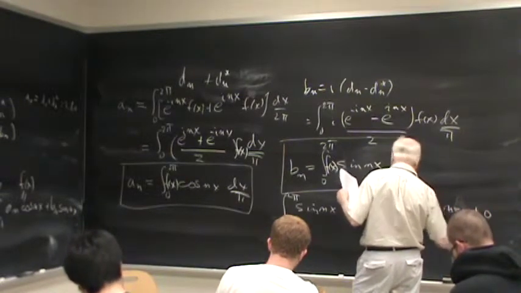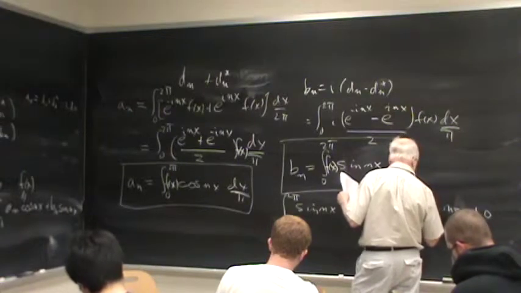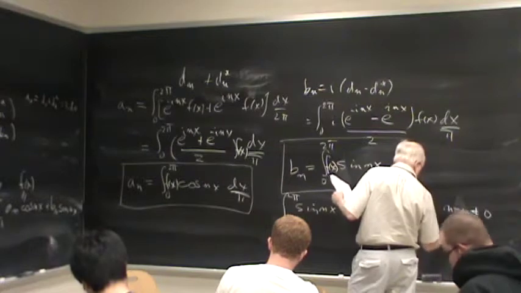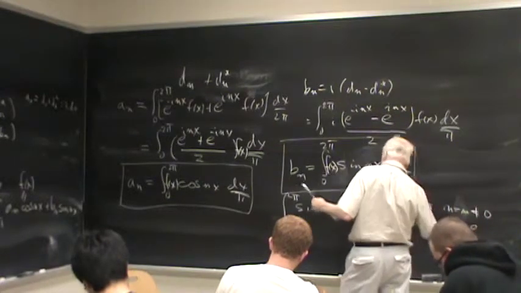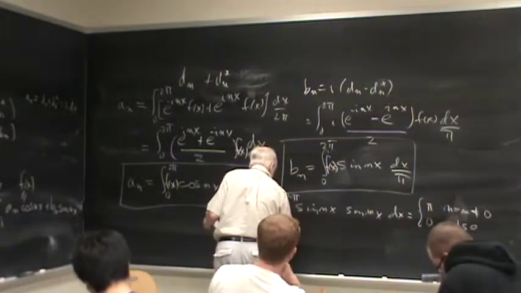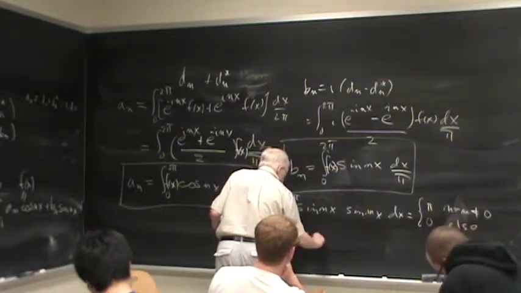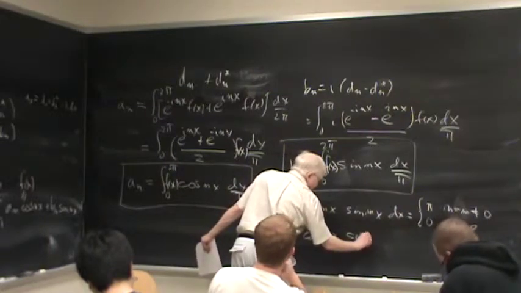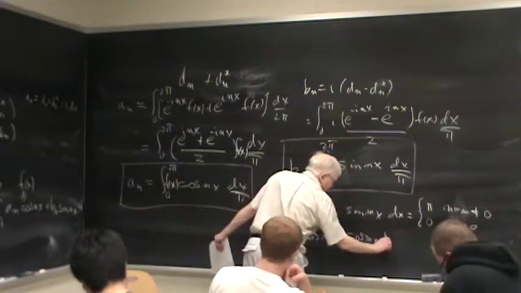Not equal to 0, otherwise 0. Well, just otherwise. So I'll put in else. If instead we have the integral from 0 to pi of cosine nx cosine mx dx,